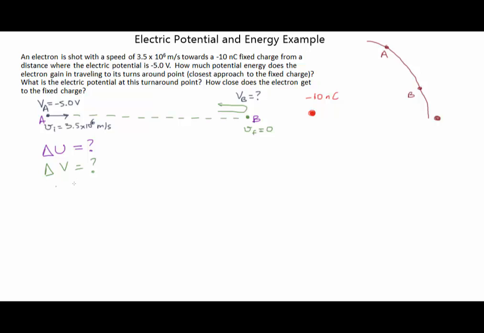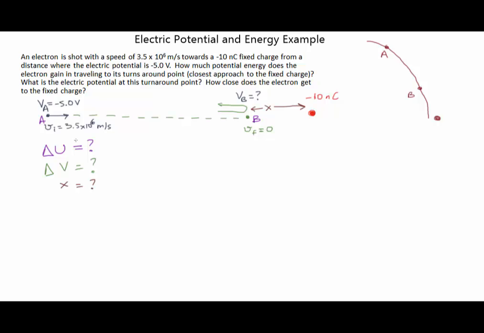And finally, we want to find out how close it got to the fixed charge. So if we call this distance x for the closest approach, we want to figure out what x is. Those are our three things that we have to do. Okay, for the first step of figuring out the change in potential energy, or the gain in potential energy, how